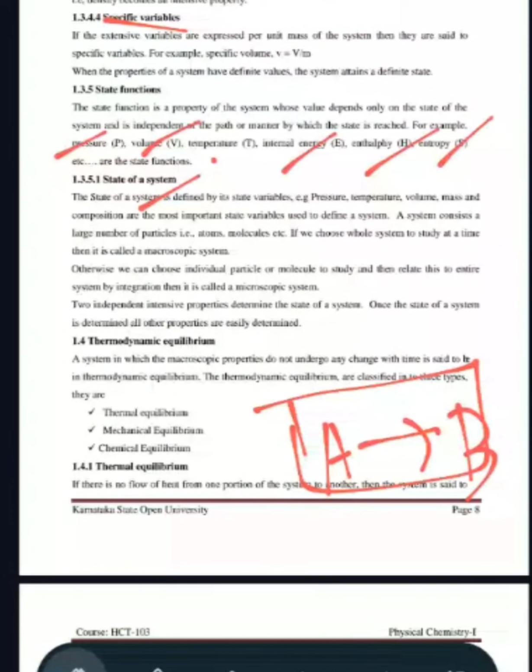The reactants are the chemicals, such as atoms and molecules, that we take to form other products. So if you choose the whole system to study at a time, then it is called